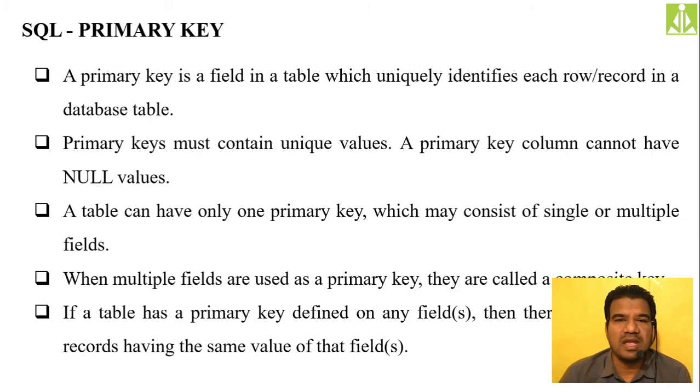Can we go for their age? Not possible. There is a possibility that more than one student can have the same age value, isn't it? So the age column we cannot take as the primary key, to uniquely distinguish the students. Can we go for their address? It is also not possible. If two students are coming from the same address, from the same house, then again, what will happen?